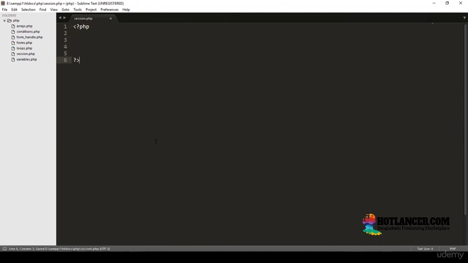A session is actually a variable where once you define a value to a session variable, that value will always remain in that variable until you manually destroy that value. Now, what does this mean? Let's see an example. You can create a session like this: $_SESSION and then big brackets and then name that session variable. Suppose I want to create a session variable whose name is sample and it should have a value of